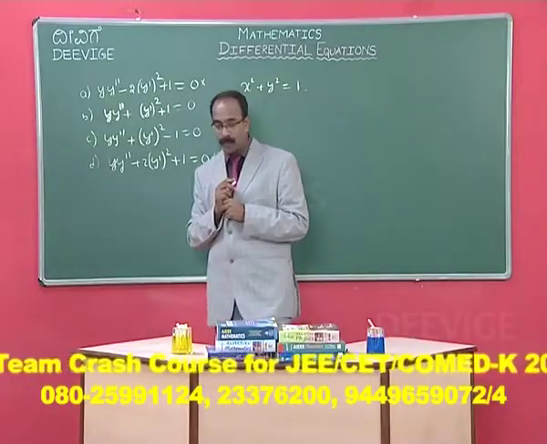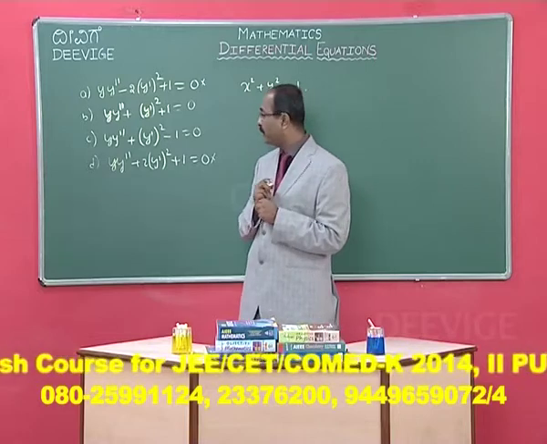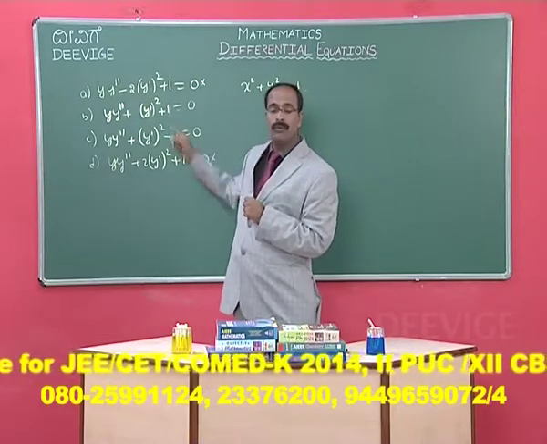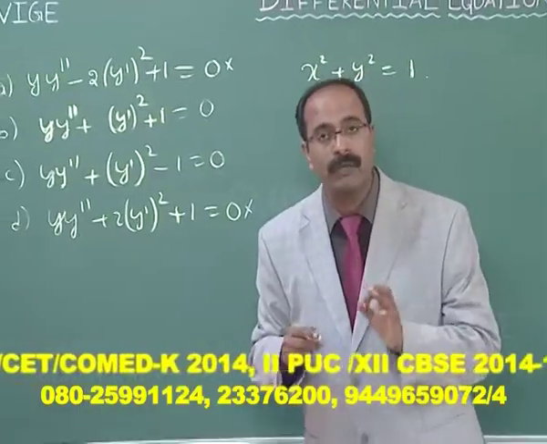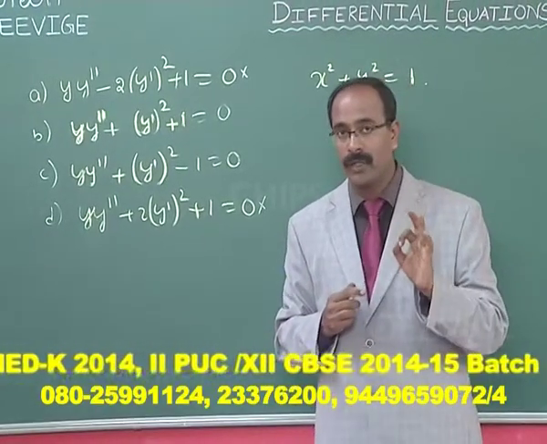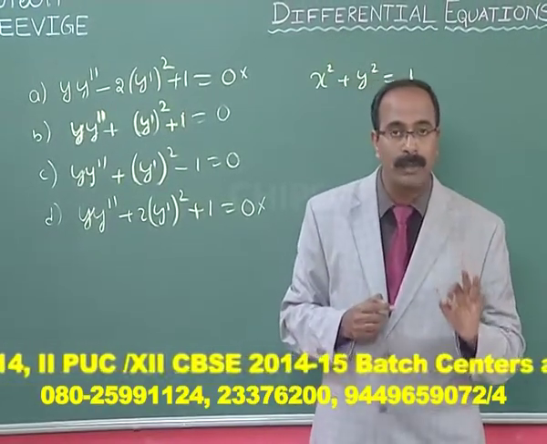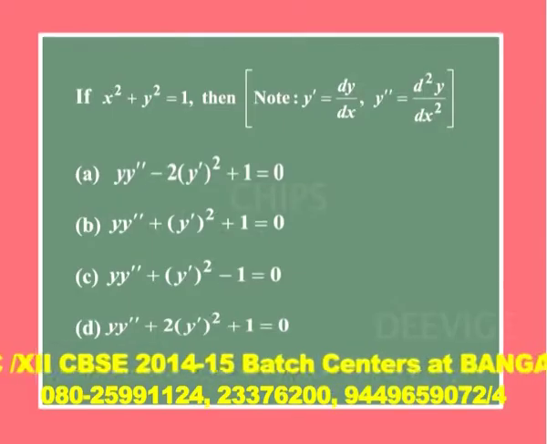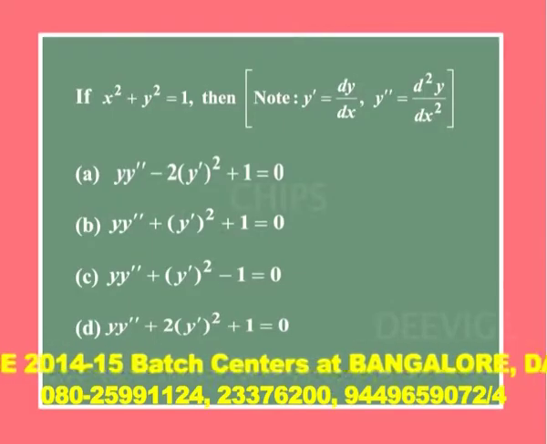And therefore, either option B or option C should be correct. So for that, we can go for the next logic: x plus y dash is equal to 0. If we differentiate, you will get 3 terms. All the 3 terms should be positive. Therefore, all 3 positive terms are available in only option B. Therefore, it is correct.